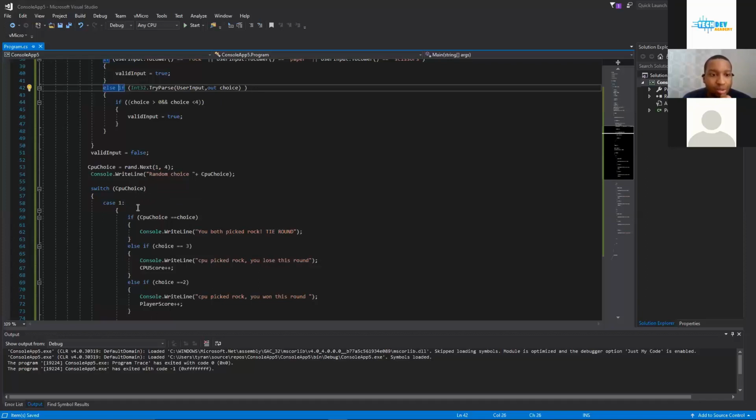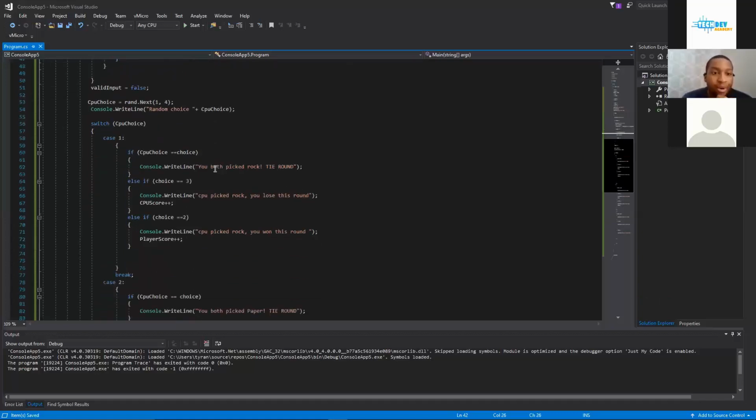So now that that works out perfectly, we can come down here and we're just going to use the CPU choice. We're just going to leave that as a random integer. That way it's simple. You don't have to worry about it too much, okay? But if choice is equal to 3, choice is equal to this, what we're going to do is instead of CPU choice,